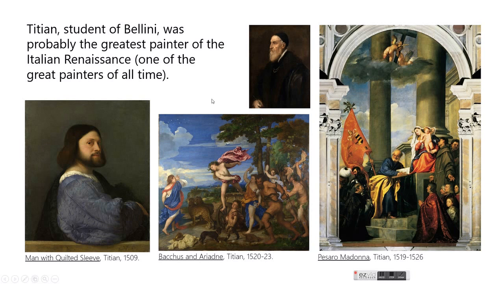And one of the reasons why Titian is so important is that if you look at some of these paintings, whether it's these kind of pastoral paintings based on mythological themes, or a more traditional, realistic altarpiece painting like this one, these paintings of Titian were the paintings that were most influential on the later Baroque artists,